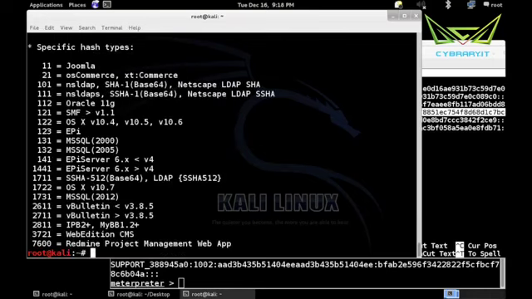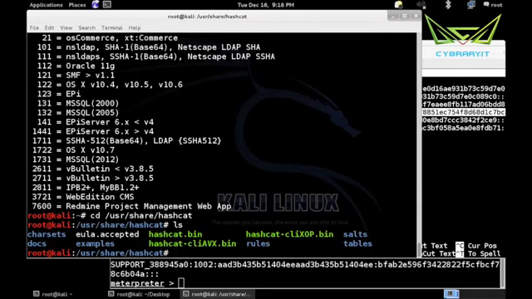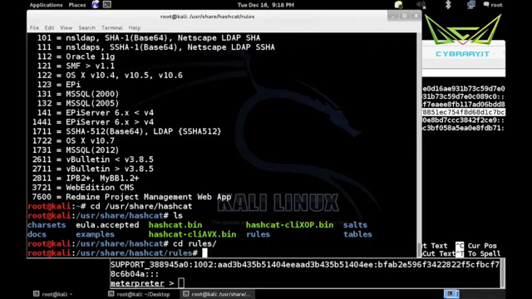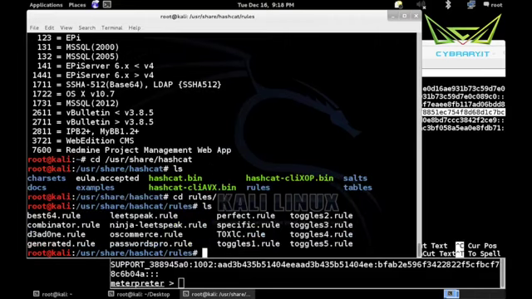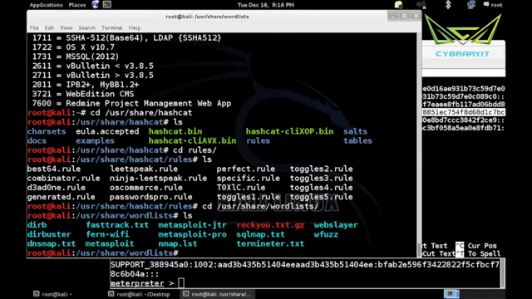And Hashcat also has some built-in word lists. So if we go to /usr/share/hashcat, we have some. Well, I said it had word lists. Maybe it doesn't. It does have rules, so we'll see those. We can look at one of these, but we go to /usr/share/wordlists. There's some more in Kali that we can use. No, I guess there's not one built in with Hashcat. I seem to think that there was, but I guess not. There's this